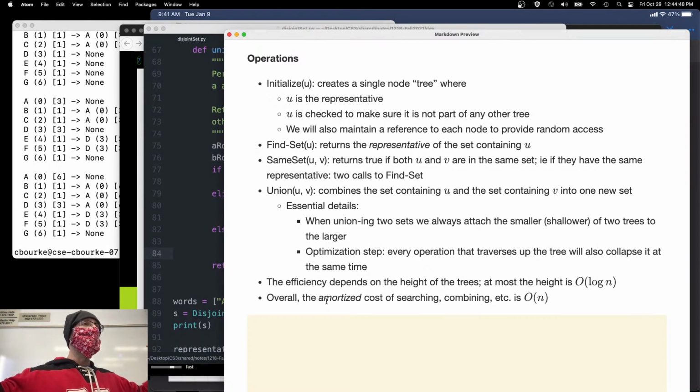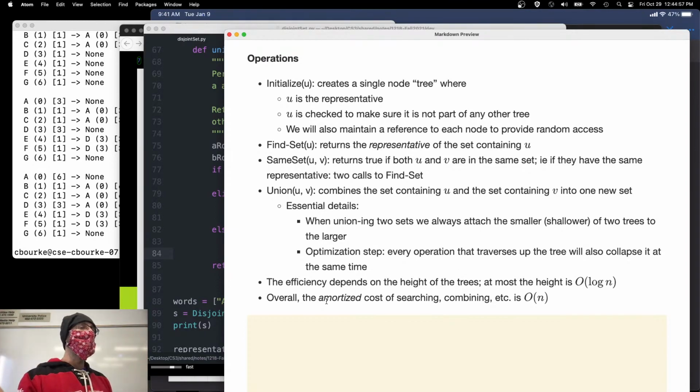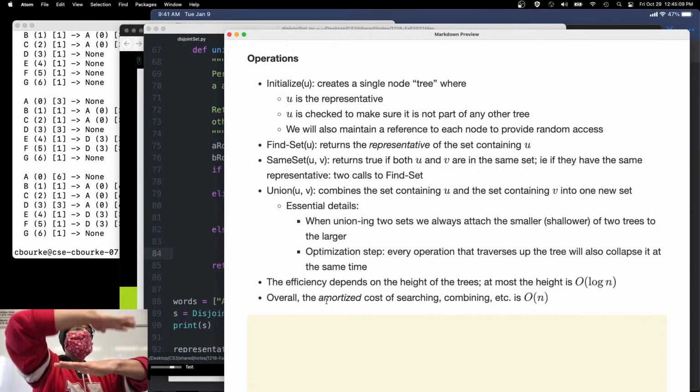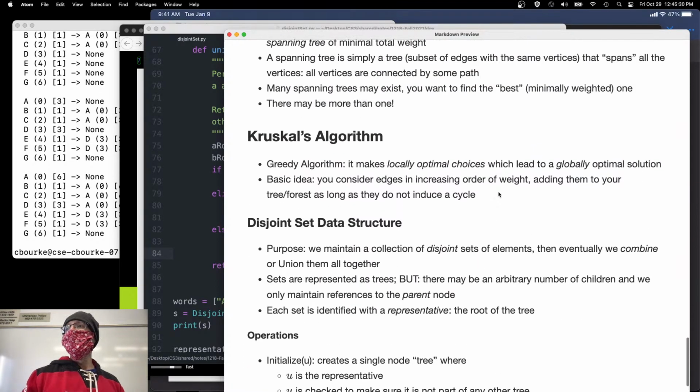Because you're taking the number of trees and you're decreasing the number of trees every single time, but you're also making sure that they all stay shallow. And so some operations will be more expensive than others, this operation will be more expensive, this operation will be cheaper, but in the long run, when you take the average of them all over the number of operations that you're actually going to execute, n, because you start out with n nodes, then on average, each operation is only constant time. And since you do n of them, well, then it's only order n, which completely is eclipsed by Kruskal's original